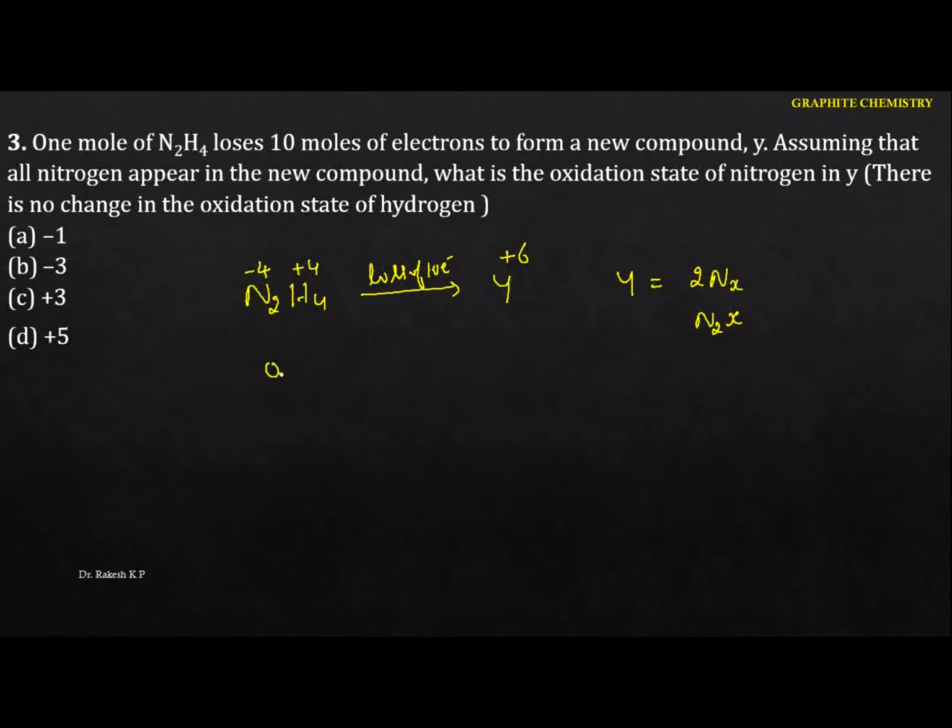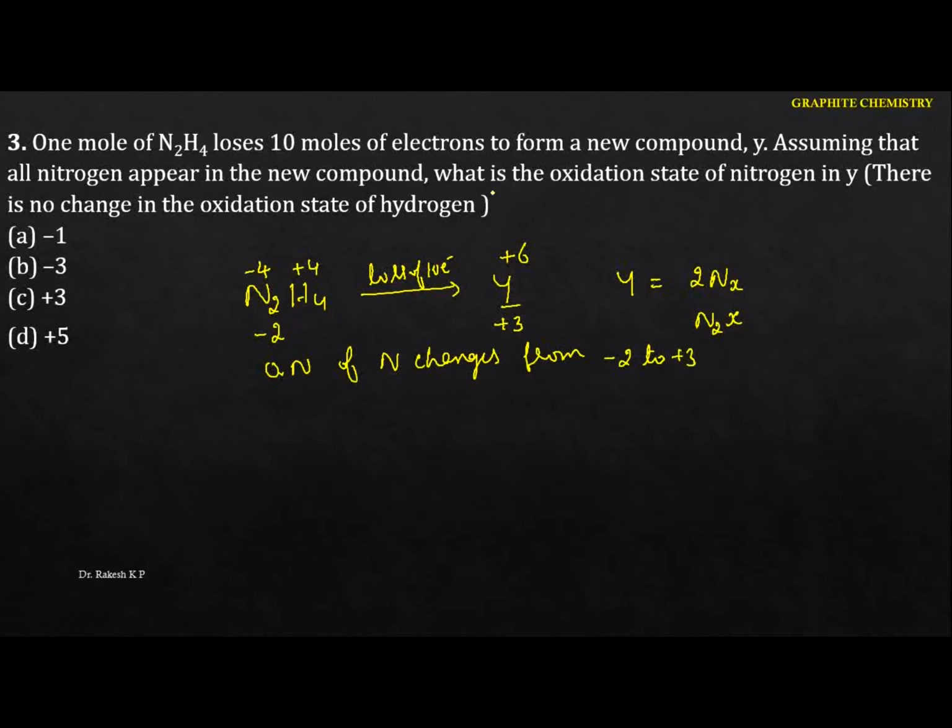That means the oxidation number of nitrogen changes from, okay, if it is for 1, what are you going to have? That is minus 2. So here also, if it is for 1, that becomes plus 3. That means here we can identify that minus 2 changes to plus 3. That means 5 electrons are lost for 1 atom. If you consider 2 atoms, it loses how many electrons here? That is 10 electrons. Hence the oxidation number of the nitrogen changes from minus 2 to plus 3.